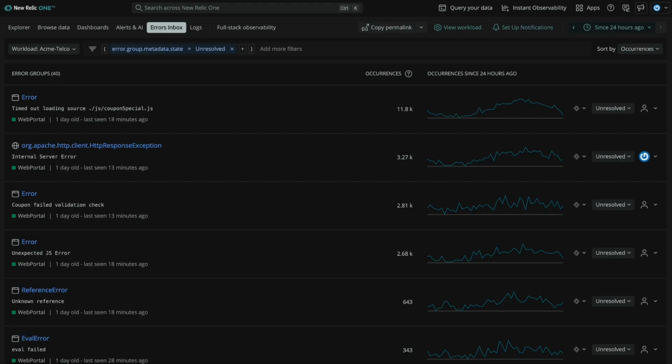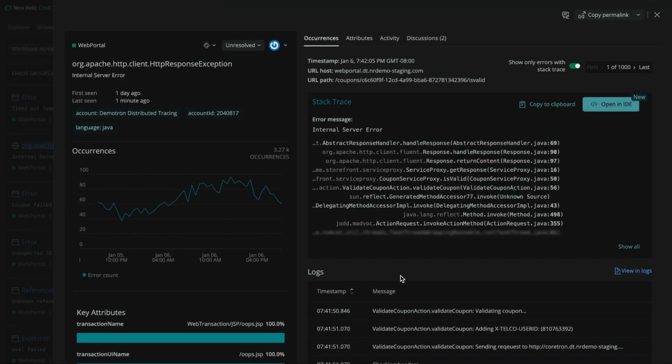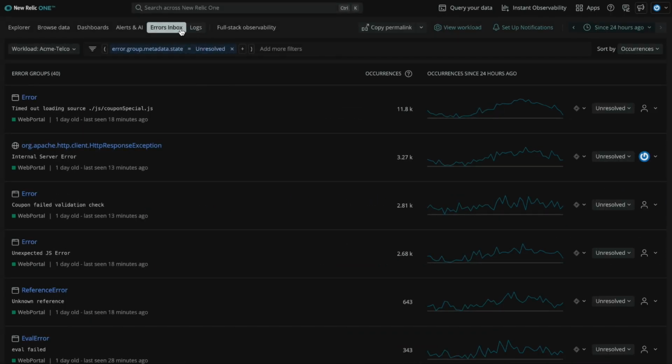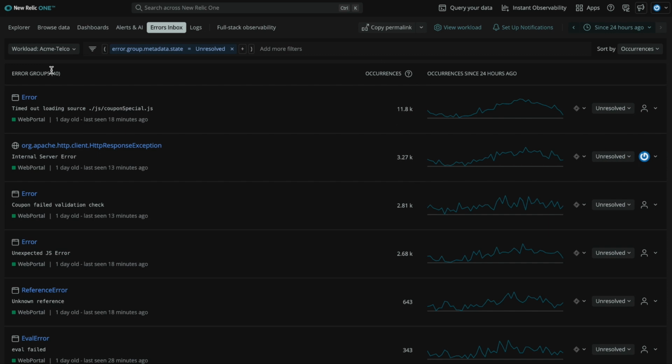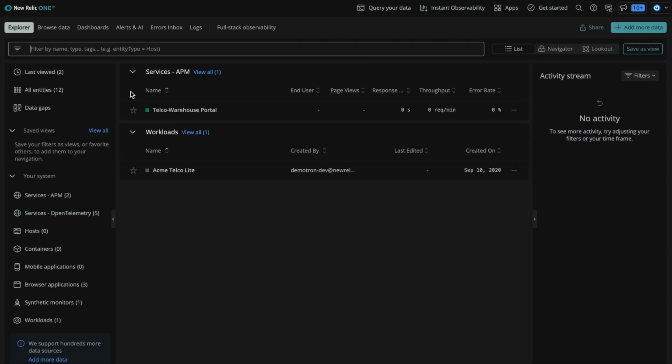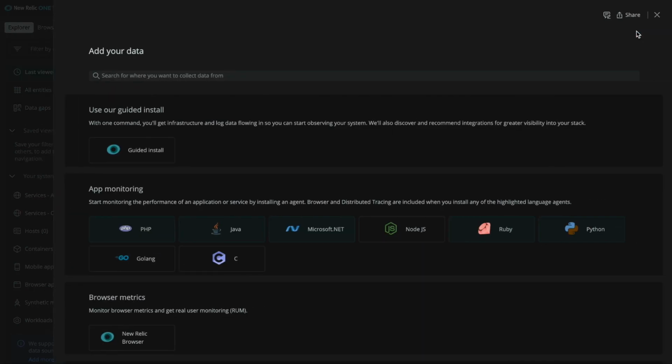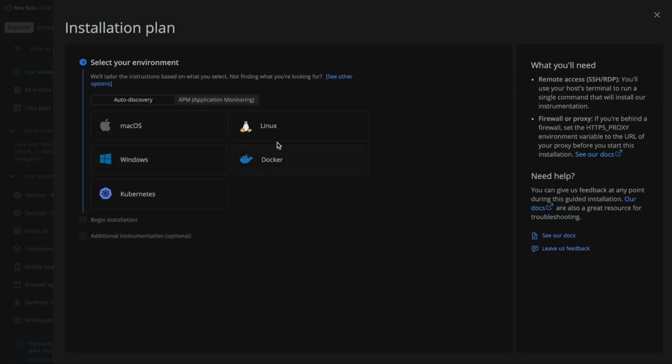Besides getting access to all of this data right in your IDE and using Errors Inbox to instantly detect, identify, and fix errors and plan development priorities, core users can also directly leverage capabilities like advanced logs, alerts, custom dashboards, and data queries to better understand data about their application. In addition, core users can access any of our basic user functionality, like instrumentation via our guided install experience, which automatically discovers, configures, and deploys instrumentation to your apps and systems.